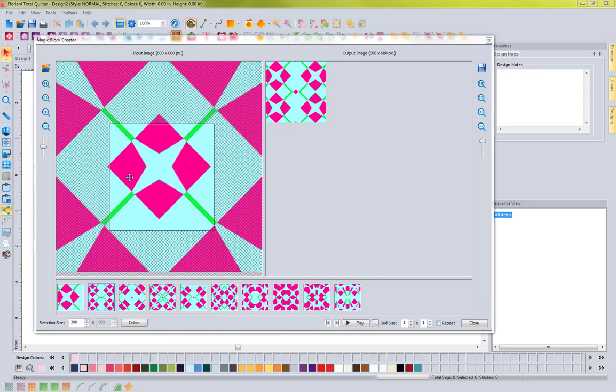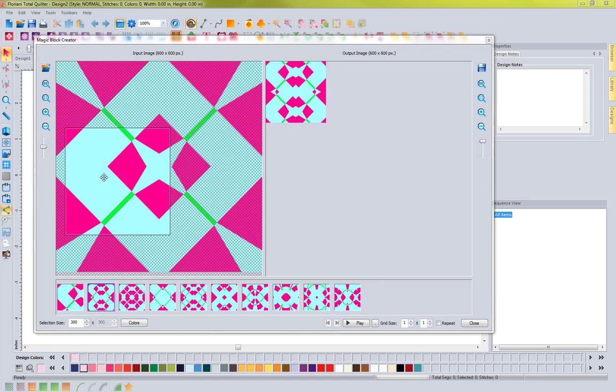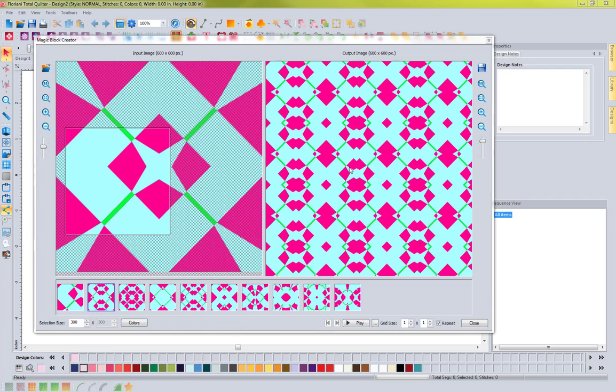So this just helps you create something that's totally unique and original, and it's really a lot of fun to do. So now that you can kind of see what is going on down here, let's go ahead and click on this repeat button over here, because this is where it all starts to take shape. So like if you were wanting to create a custom block to make a quilt, well, you want to see what that would look like if it was kind of laid out as a quilt. So when you hit repeat, you're going to see exactly what it would look like if you created these blocks and you put them together